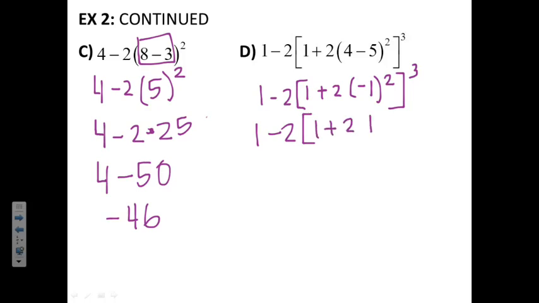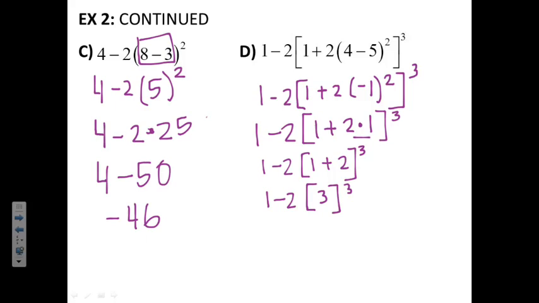And I can drop the parentheses now and put a multiplication. So I'm still working inside those brackets, and I have a 1 plus, we're going to do that multiplication, 2 times 1 is 2, and we'll still work on that bracket, 1 minus 2, then inside the bracket you have 1 plus 2 is 3,